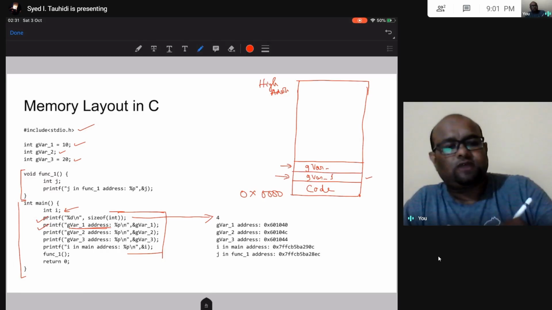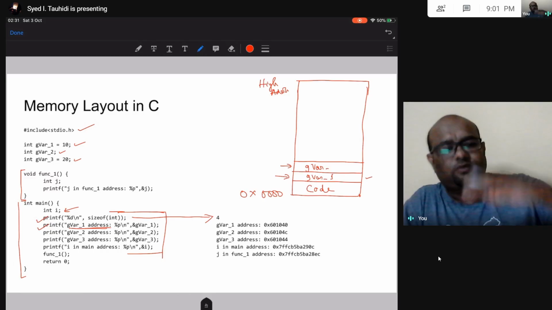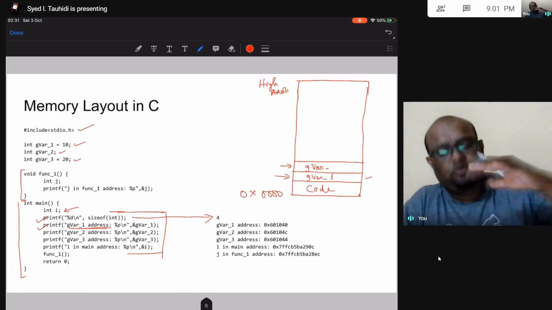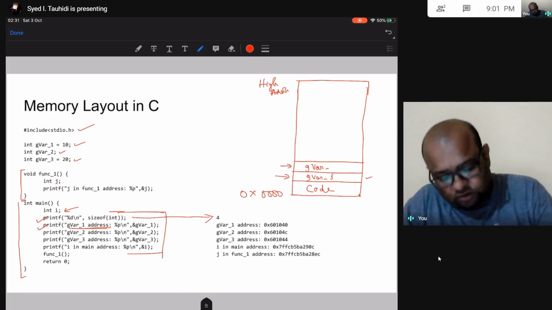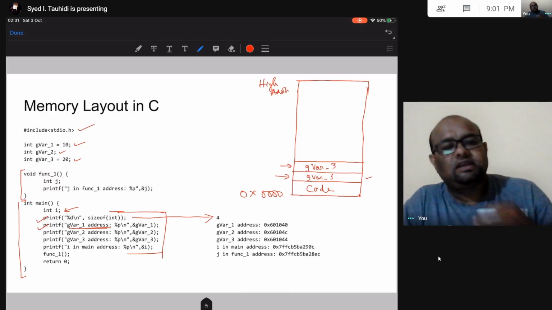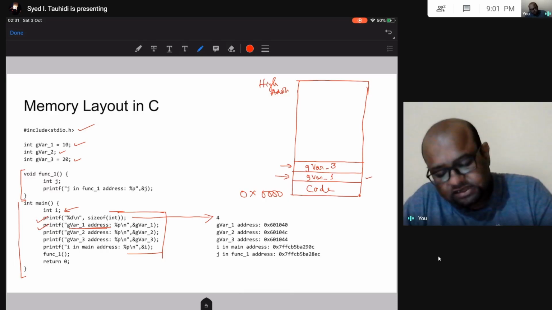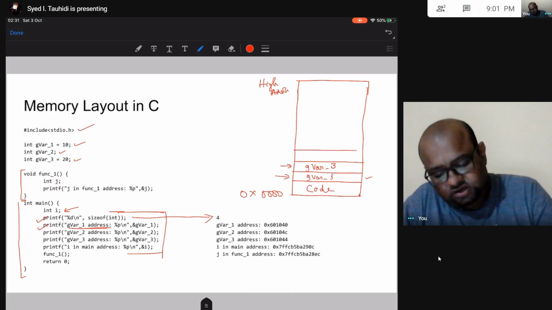First global variable 1 will be allocated space on top of this code segment. After that global variable 3 is going to be allocated. These two are the initialized global variables. Then I am going to allocate space, after I am done allocating space to the initialized ones, to the uninitialized global variable.